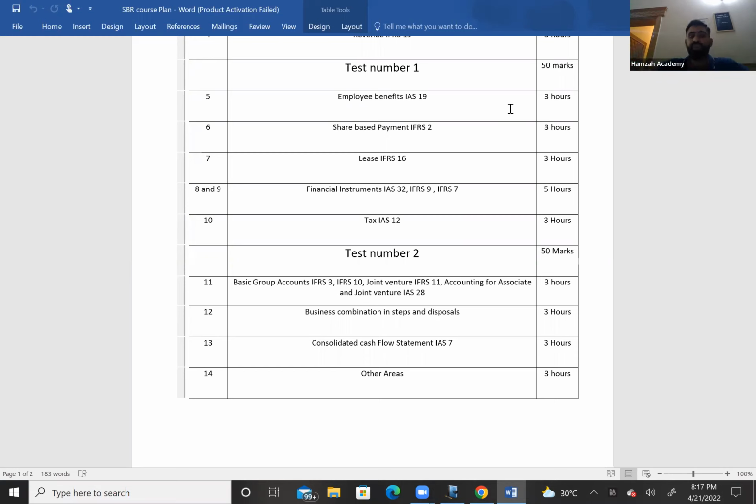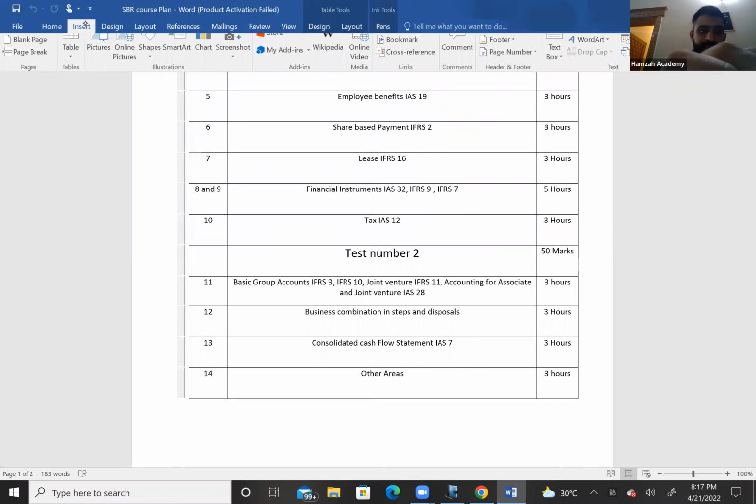Steps mean if we acquire a subsidiary company in steps, first we acquired 30%, then we acquired further 30%, and now we have 60% subsidiary company, step acquisition. Then we will discuss the disposal of the subsidiary here. We will discuss how to consolidate cash flow statements, and in these areas of